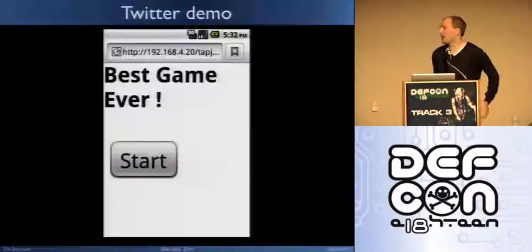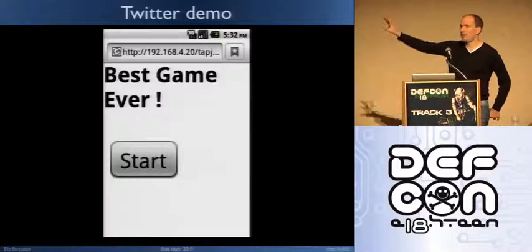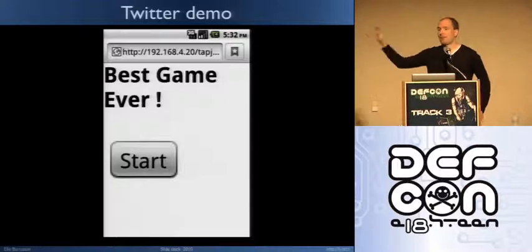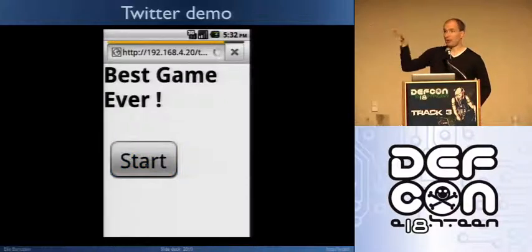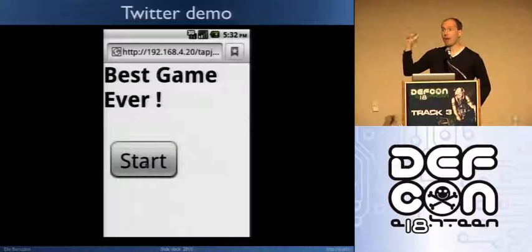Here's the demo. What happened under the hood is you have an invisible iframe. And we are using a very cool feature of the phone, which is zooming. So basically, the tweet button is the entire screen. It doesn't matter where you click, you're actually clicking on I want to tweet. And you're going to tweet something for us. And you don't see it. So if you go to twitter.com,